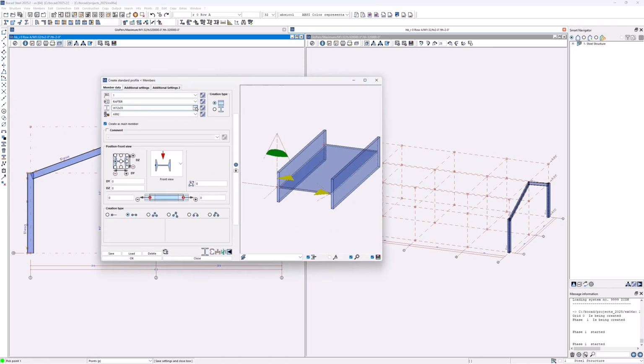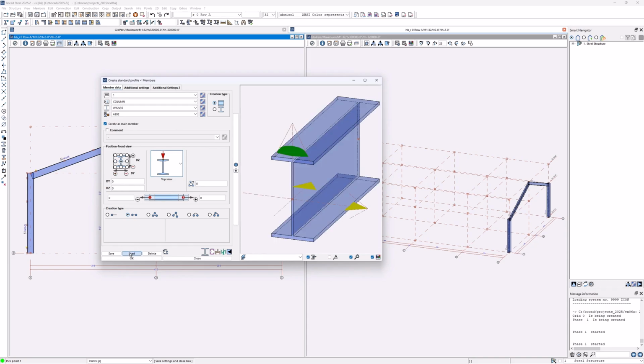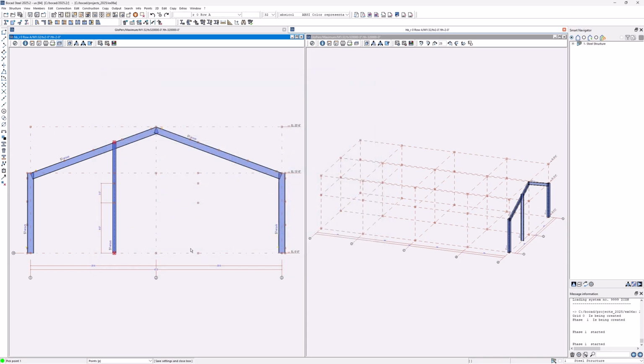Next would be the intermediate column, same profile, but centered, start, finish, start, finish. And with that, we could go to copy, points, these four,